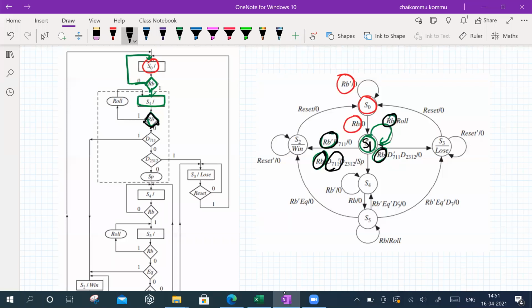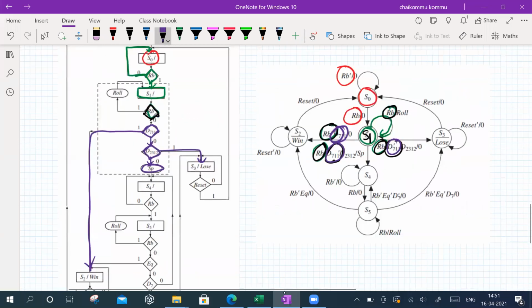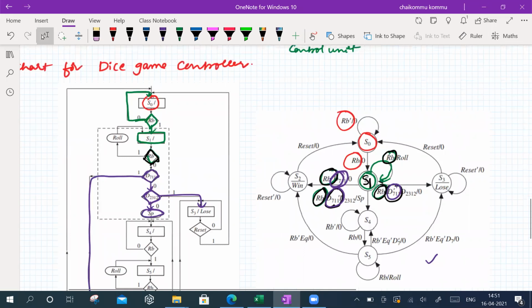So I think it is better to write it here. D7 11 is not there, but it is there here. So we have to check about D7 11 also. If it is there, you may win the game. If it is not there, then we have to check for D2, 2, 3, 12. If it is true, we go for this one. Then we have to start a signal called SP if ST is not there. Everything is done in a very simple way with the help of the state diagram. So we can develop the SM chart from the state diagram very easily.